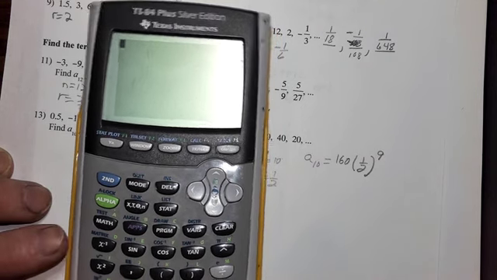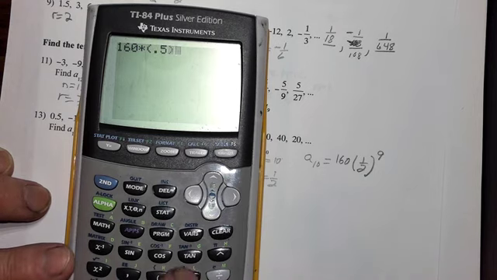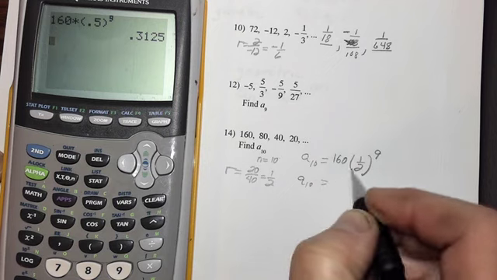So it's just a matter again of putting that in there. 160 times parenthesis 0.5, or 1/2 if you want to put that in there, raised to the 9th power. And we get that a sub 10 is